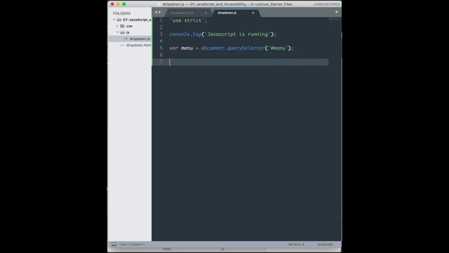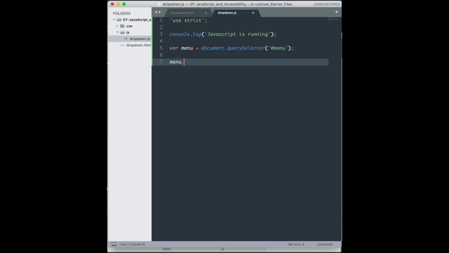Now that we have this variable, the work that we were doing before, where we could pick an object and then run a method on it, we can now do by calling the variable itself. So in this case, we could say menu dot, and then we have our method. What's going to happen here is, for us to be able to make the menu have a toggle that's visible and invisible,